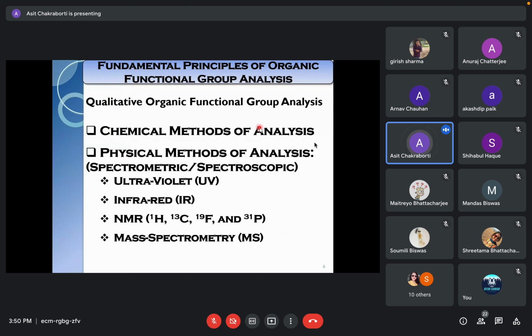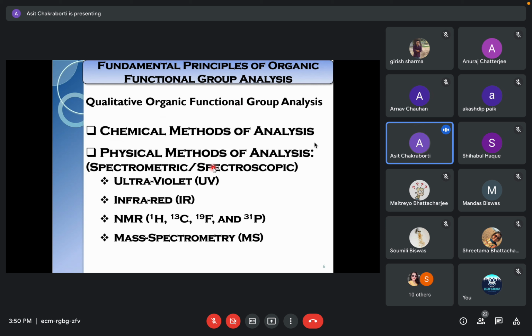In today's context, we are doing qualitative functional group analysis. From the entire molecule, we have come to only the functional group which will be part of the practical. So far as the syllabus is concerned, our objective is the qualitative organic functional group analysis, but ultimately, by using this knowledge, you are going to establish the complete structure of the molecule. And this is in your syllabus, so we are going to discuss this.